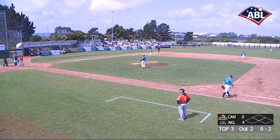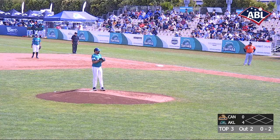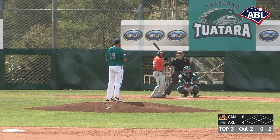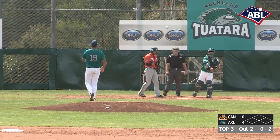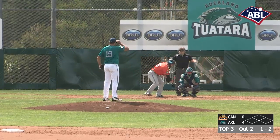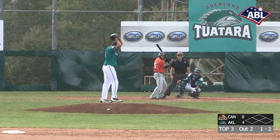He hasn't been playing much defense so far in the early part of the season, often DHing. He did look a little bit shaky at first base, maybe dropping a few routine plays. And I think the outfield is where he is most comfortable, so Tuatara management looking to ease him back in left field, where he is very happy to be. But of course, with that hot hitting bat, no way they were going to leave him out of the lineup today. 1-2 is the count to Massey,